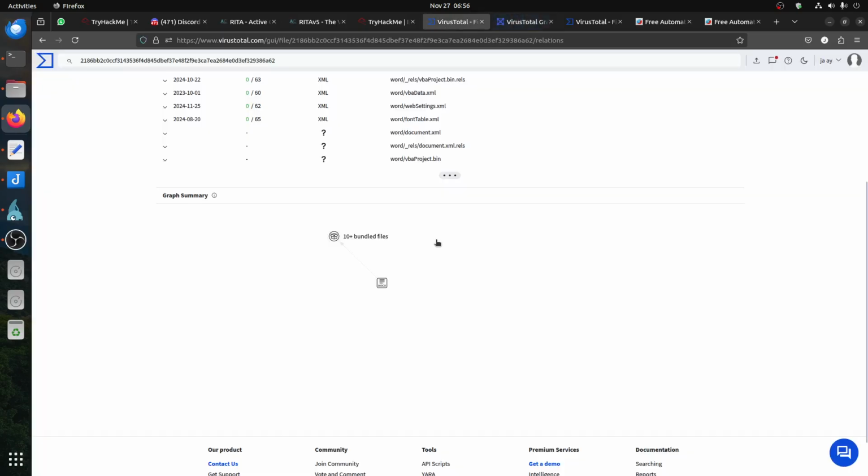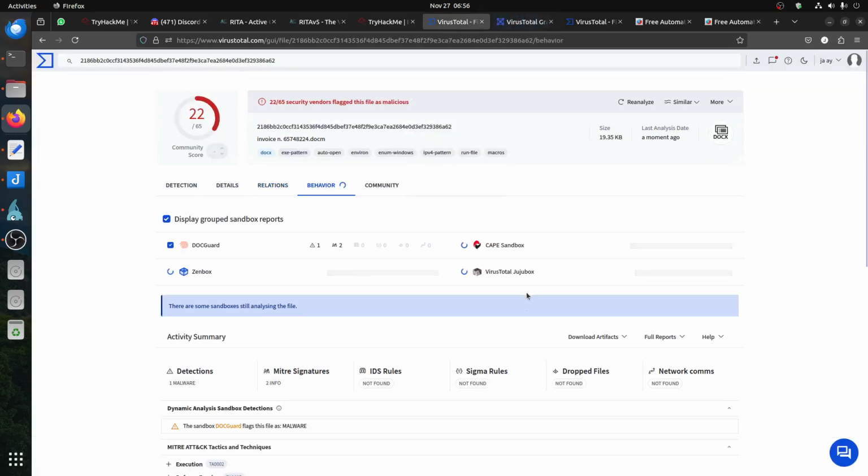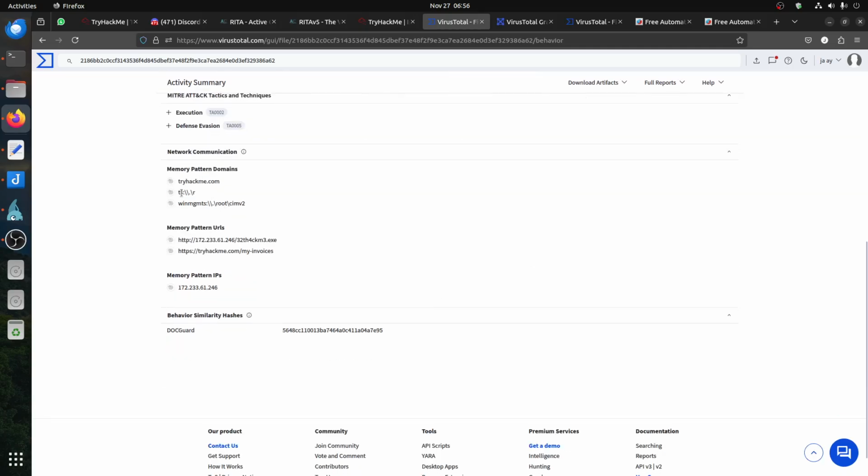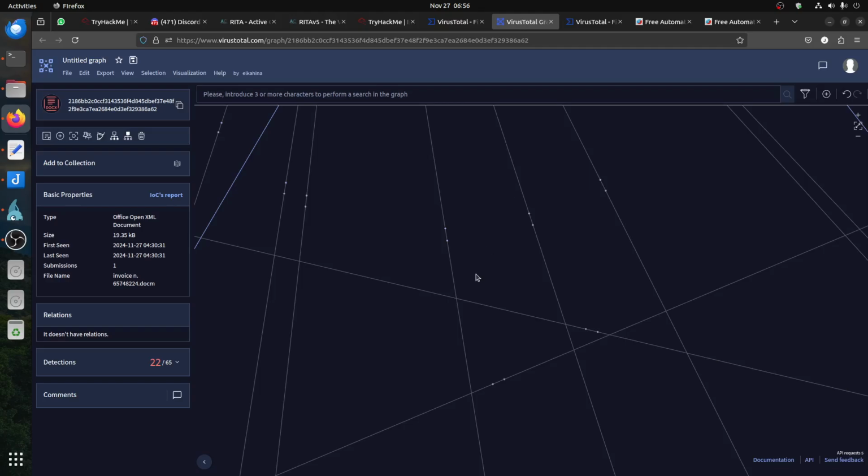So it tells you about the bundle file. Let's open that one quickly, and then behavior. TryHackMe is here, Windows root, and then we have the IP, and we have the invoice, and we have the memory pattern IP. If we go here,